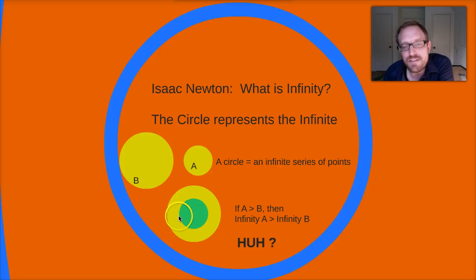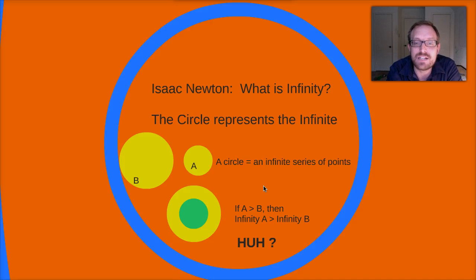Because imagine, if I have an infinite number of points here, and then I draw from each of those a line, right, that goes out from the center, and it crosses over, I superimpose it over that second circle, you're going to see that by the time the two lines on the internal circle make it out here, there's going to be small gaps in between, which looks like the circle A has a smaller set of infinity than circle B. Huh? That doesn't make any sense.